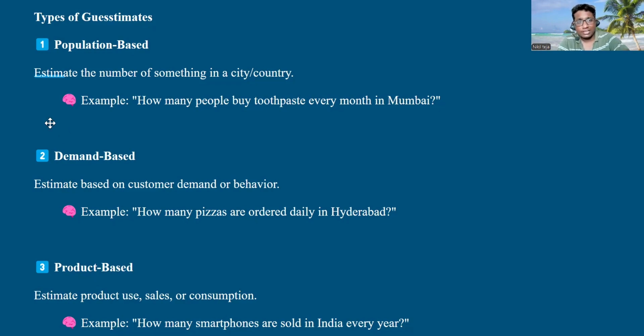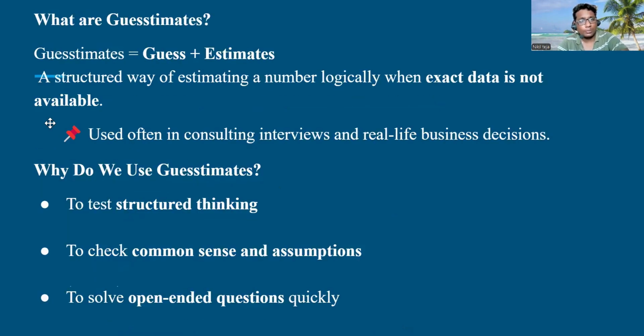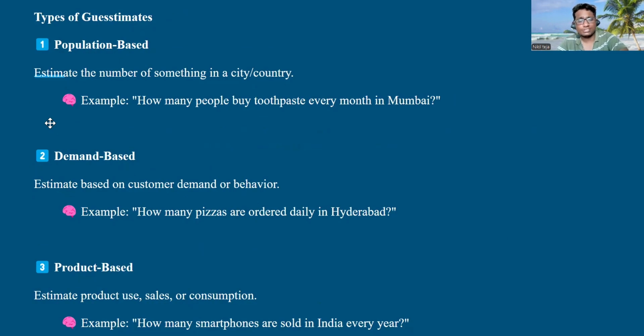So bye guys. In this video I have talked about what guesstimates are as well as the types of guesstimates. In the next video we will be learning about must-know numbers for guesstimates, as well as the top down approach and bottom up approach. We will be approaching guesstimates in two approaches, guys, and we may follow any one approach, top down or bottom up. We will be learning about those also. So bye guys.